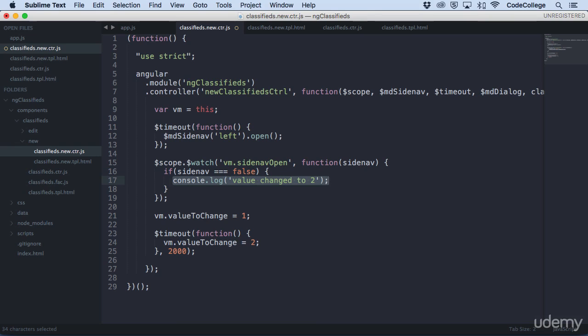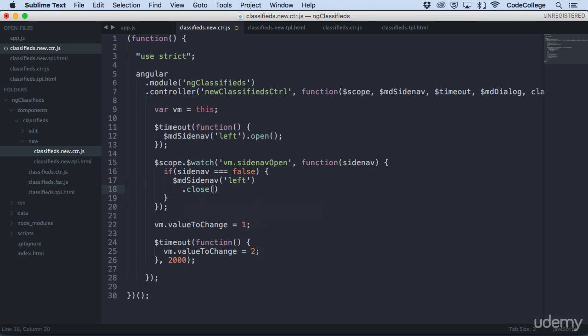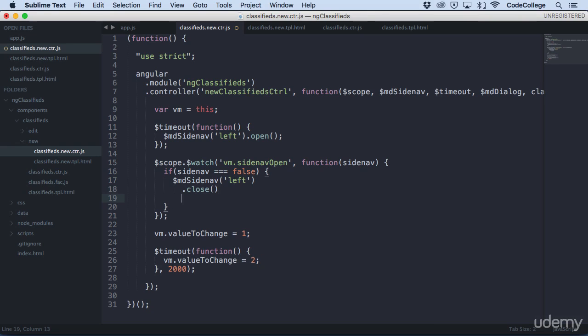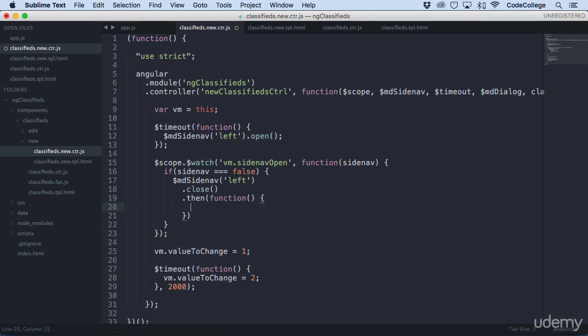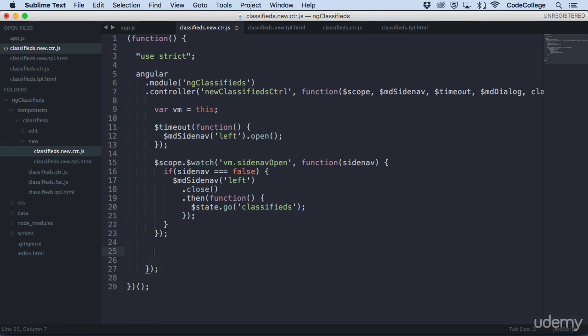So we'll tie into our MD side nav here, and we want MD side nav left, and we'll say that we want to close it. And then once the sidebar is closed, we'll want to define where we want to navigate to. So in this callback, we can say we want to go to classifieds. And then what we can do here is we can get rid of all of this,